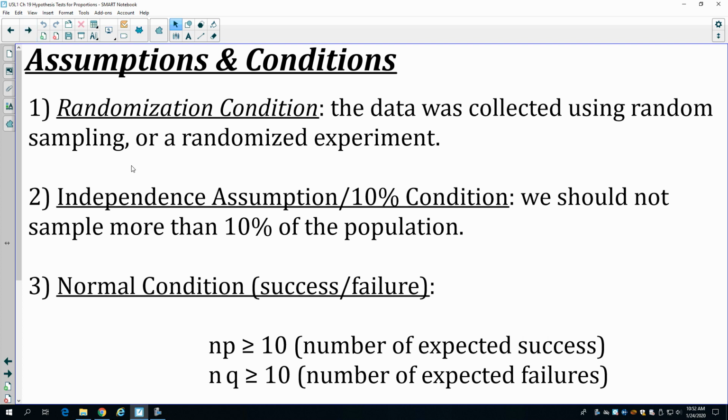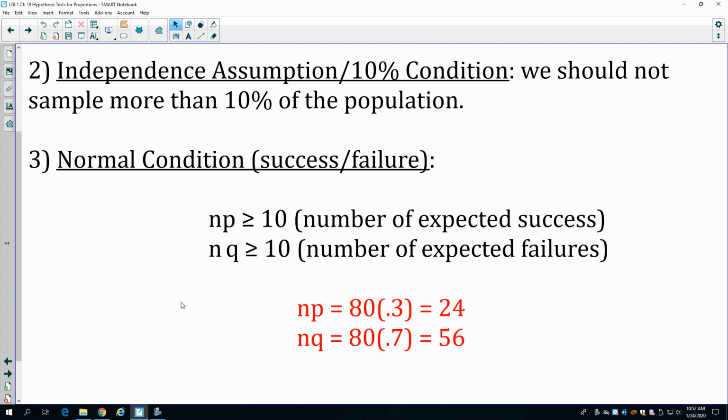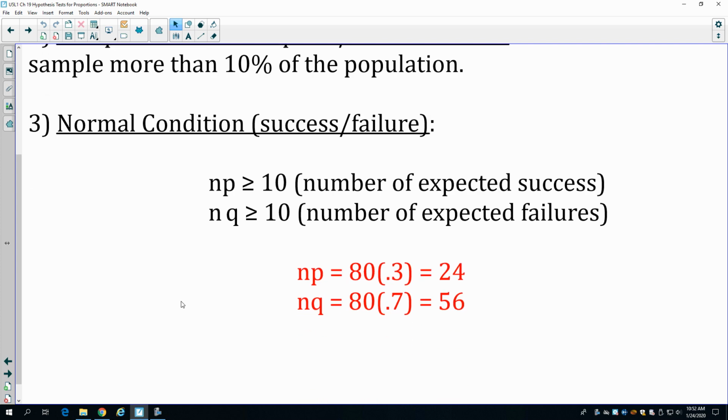We need our data collected randomly, which did happen in this scenario. They sampled a random sample of 80 wells. We do need our independence, less than 10% condition. We're just going to have to assume here that 80 is less than 10% of what this man has drilled. And we need to meet our success-failure condition. So we need to have an expectation of getting 10 or more successes, 10 or more failures. And in this case, from our 80 wells, we would get 24 successes and 56